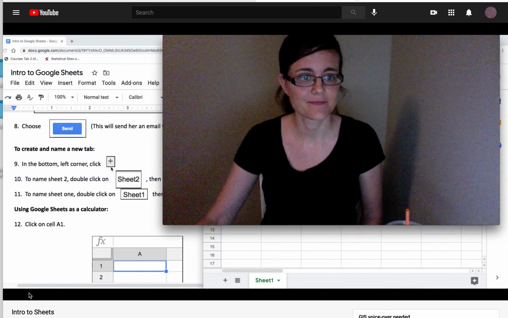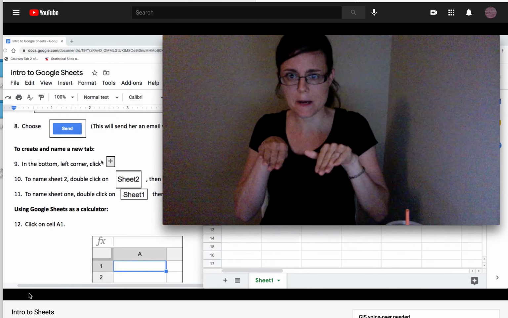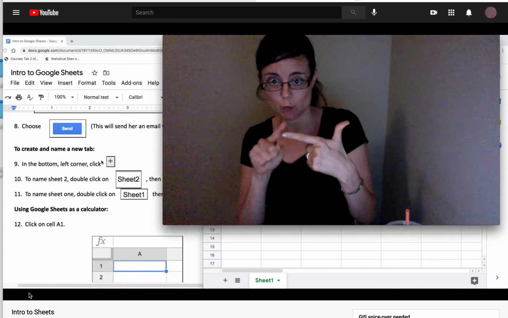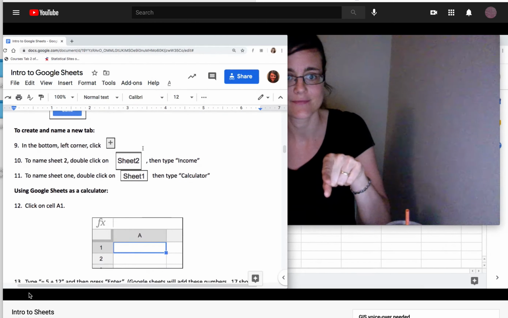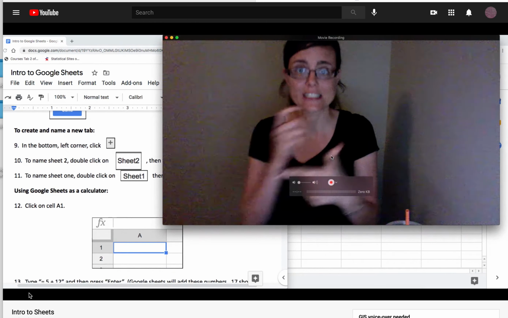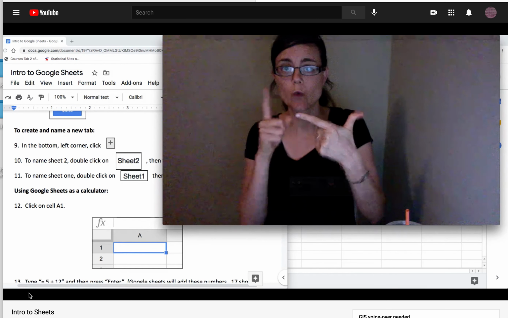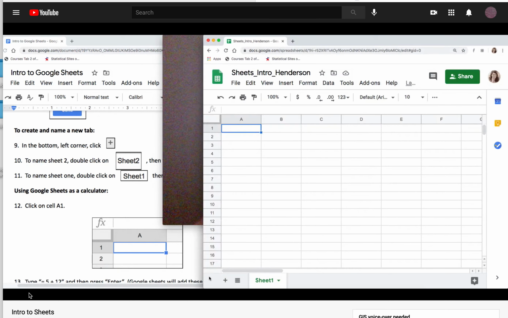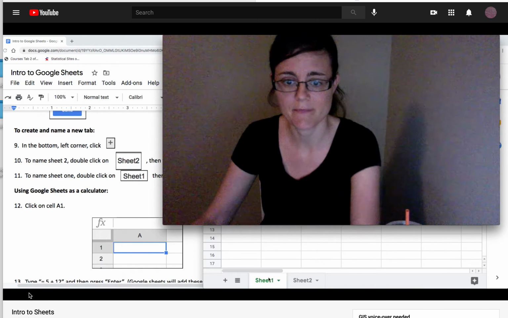Once it's sent, go ahead and go to number 9, which is the plus symbol. And then you will see Sheet 2 pop up. At that point, Sheet 1 is calculator and Sheet 2 will be income. You see on the bottom,